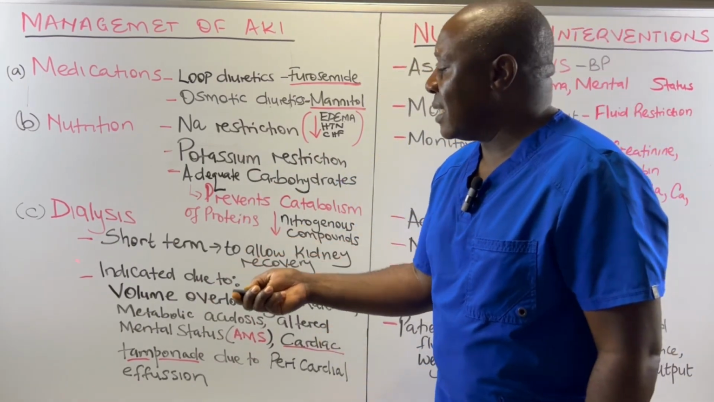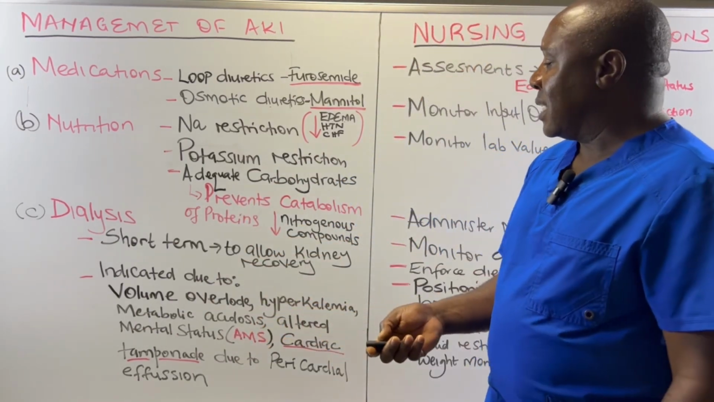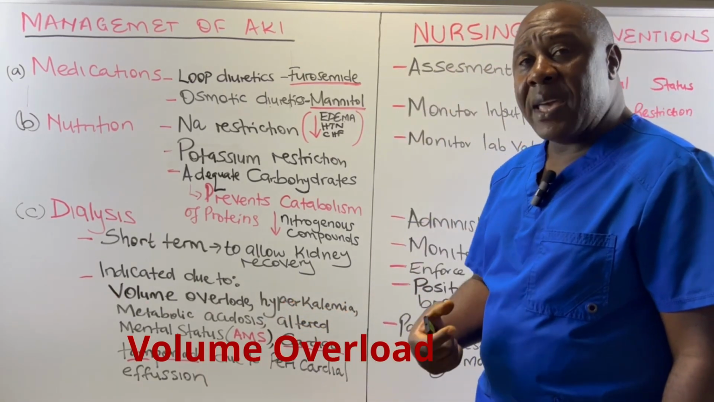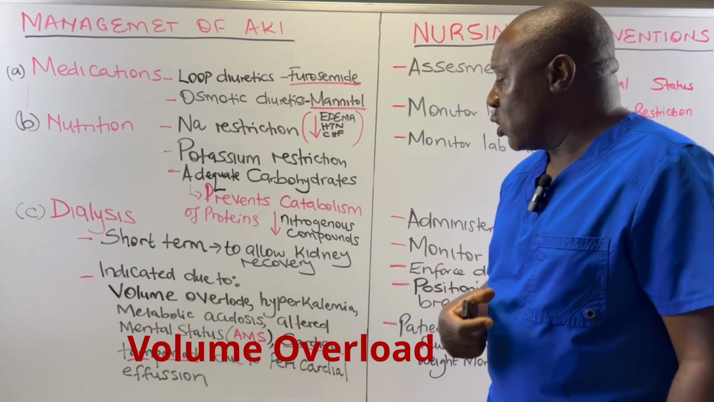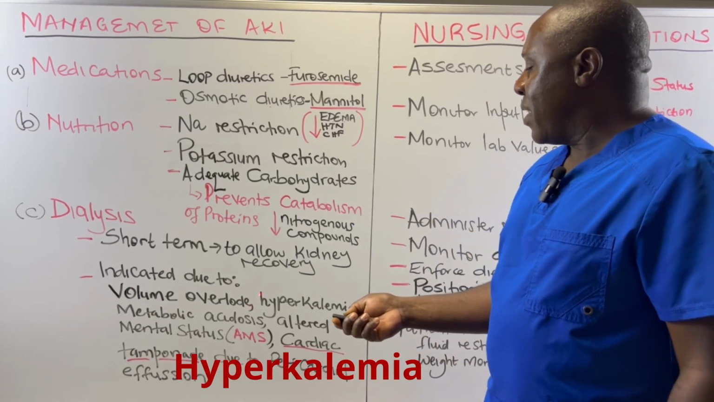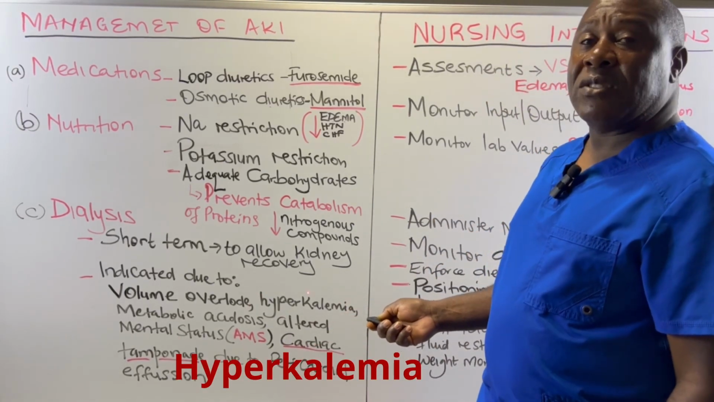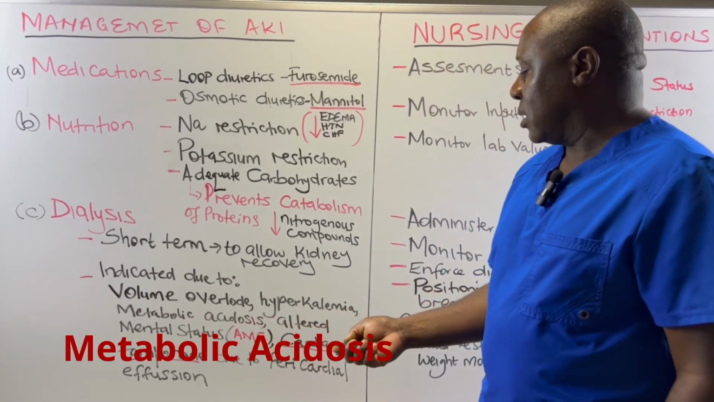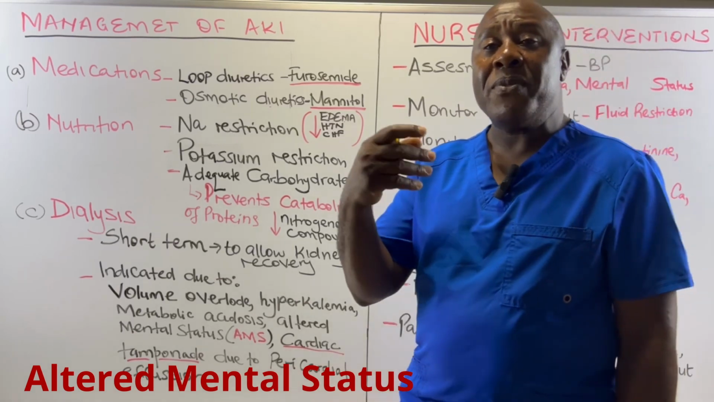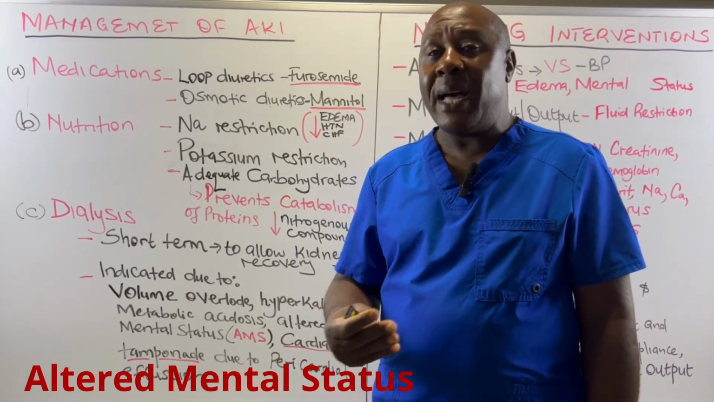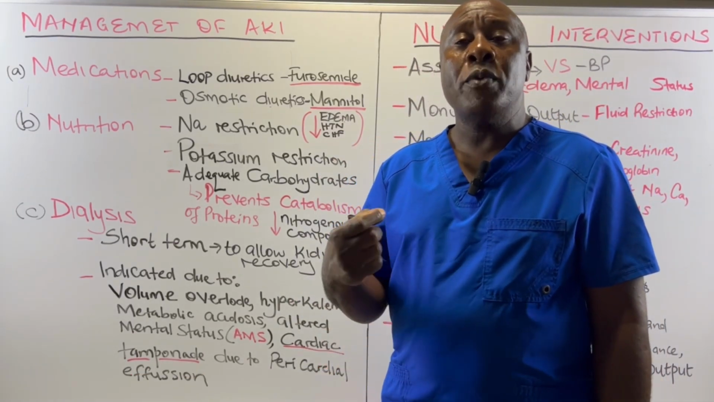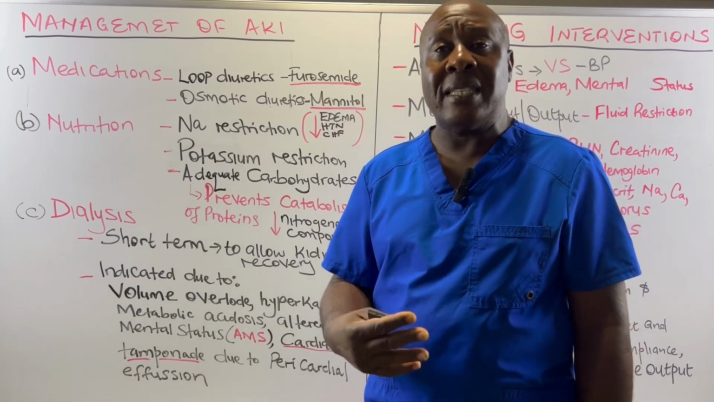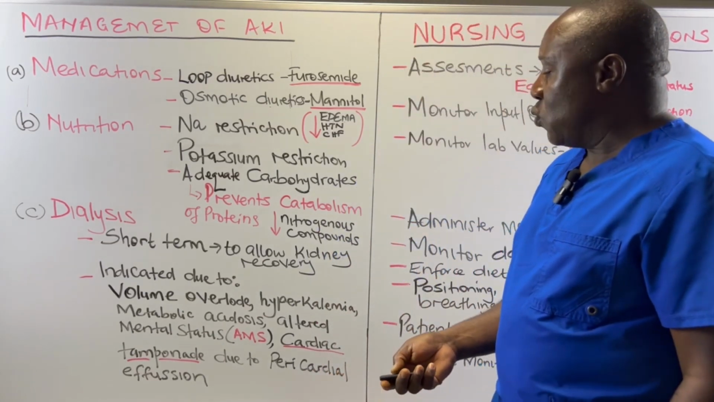And when is dialysis indicated? Dialysis is indicated especially when you have volume overload, when these patients have a high accumulation of fluid in their bodies, when you have elevated potassium in the bloodstream, hyperkalemia, when you are experiencing metabolic acidosis, altered mental status. Remember, the accumulation of waste in the bloodstream can cause our patients to be altered mentally. So when these patients have altered mental status as a result of the accumulation of this waste in the bloodstream,